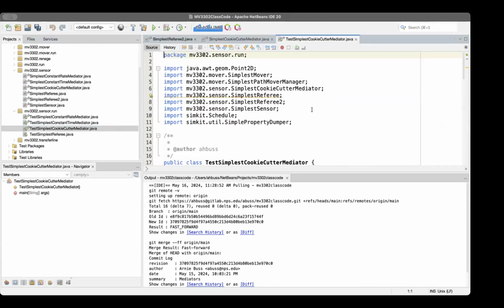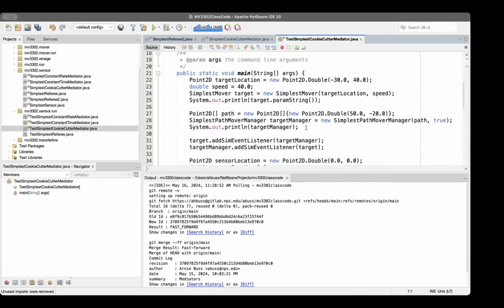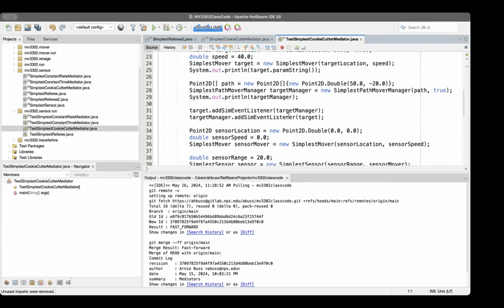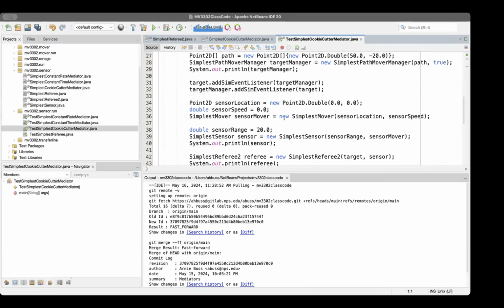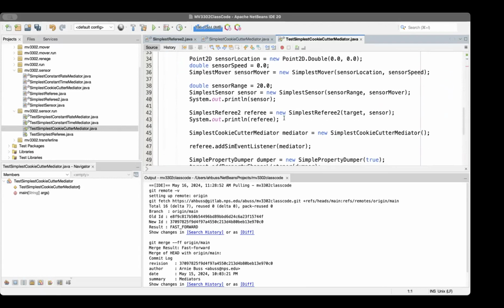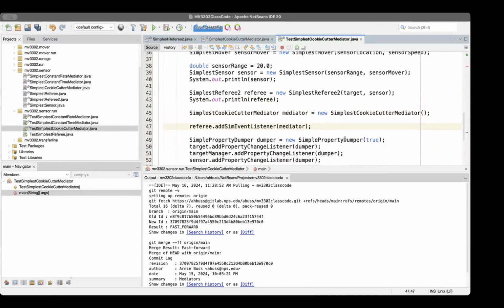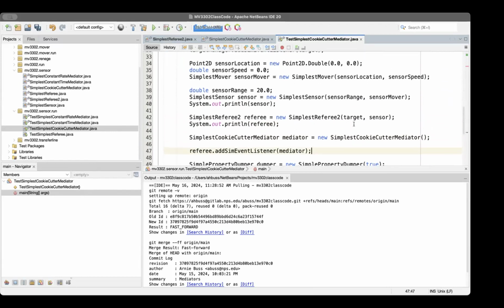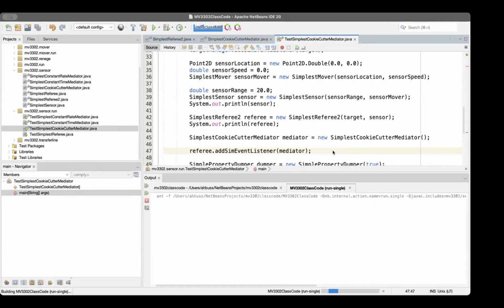To test that, we're using the same scenario as before, except that now we have our mediator, and we simply have it listening to the referee. We just need one of them. Even if we had different referees, the same mediator would listen to all of them. We don't need more mediators. And so when we run this,